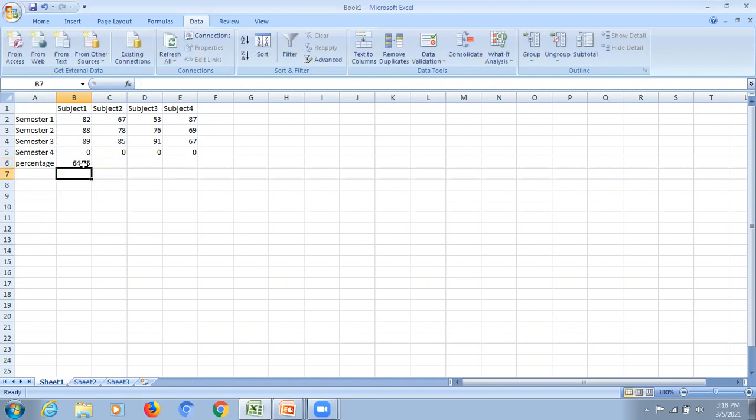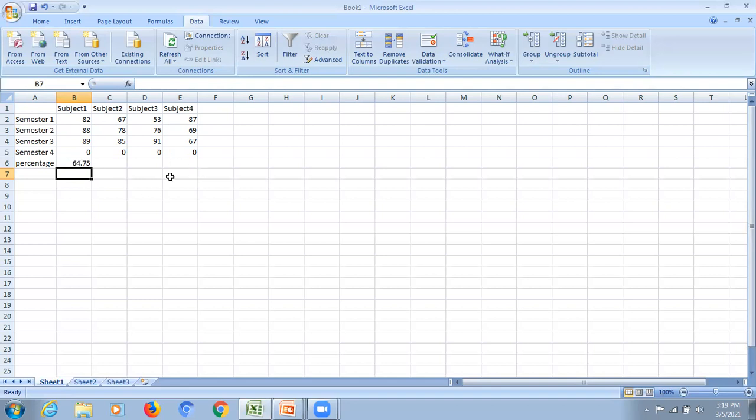So when I have put 0 in semester 4, the percentage is 64.75. Now I want to know how much she should score in semester 4 in subject 1, so that her total score should be 75%. So see, the output is already known. She already has made up her mind that she wants to score 75%.